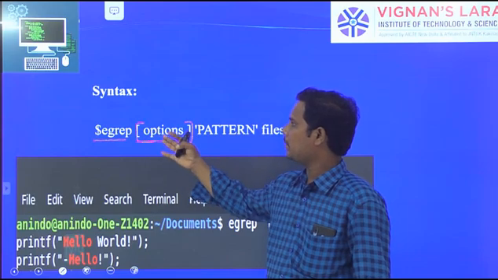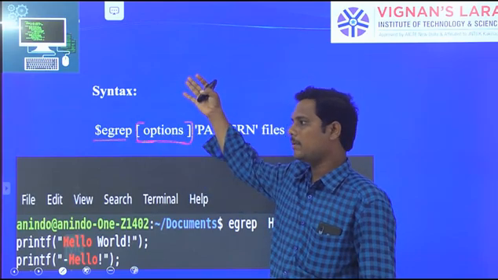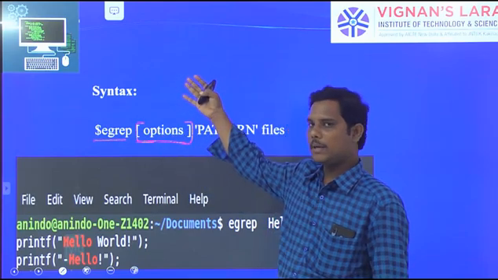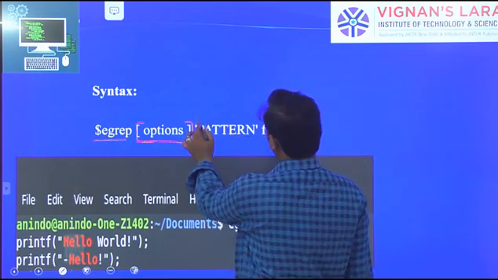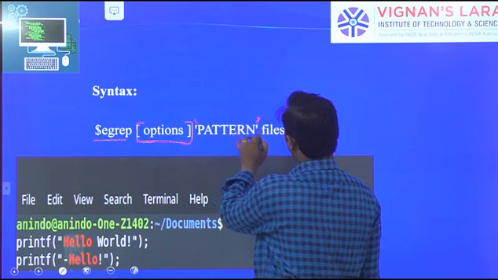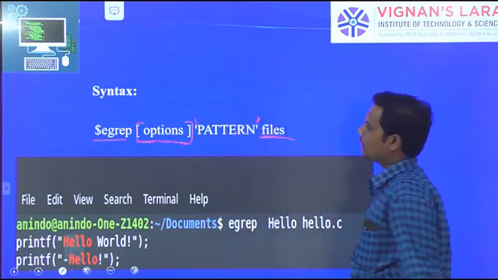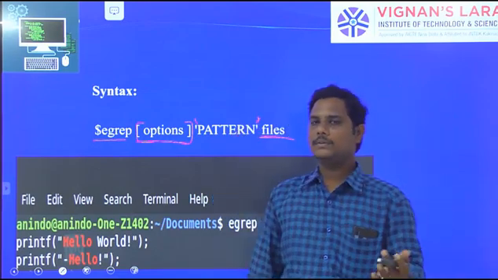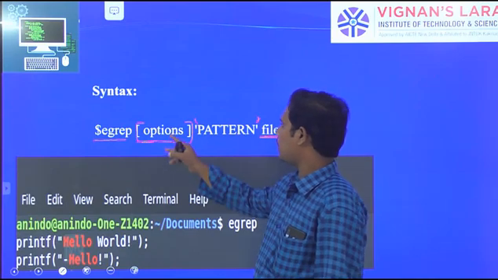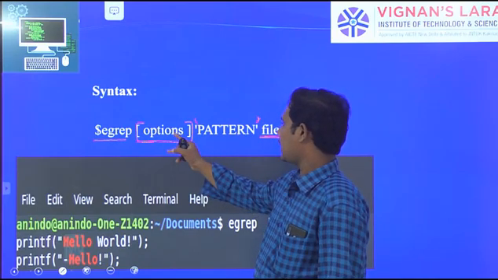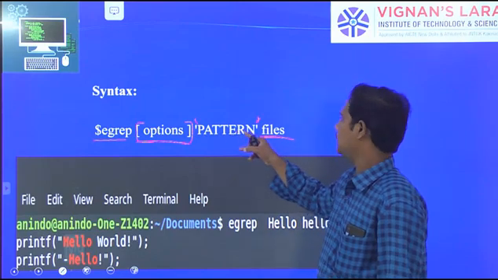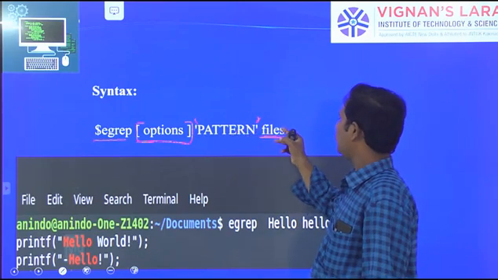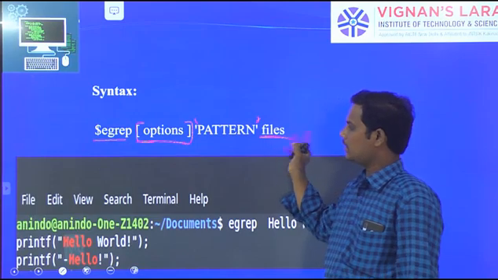The same grep options work with egrep. The same syntax: if options are there we write them, otherwise we write the pattern you want to search, and then the file you want to search.